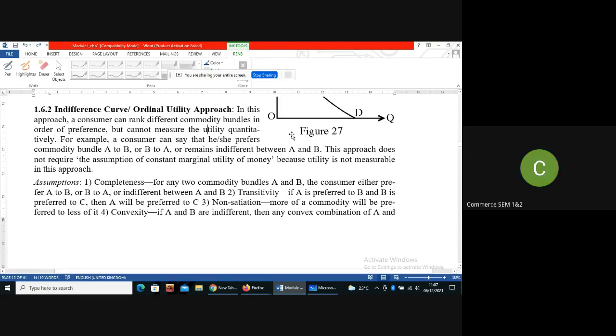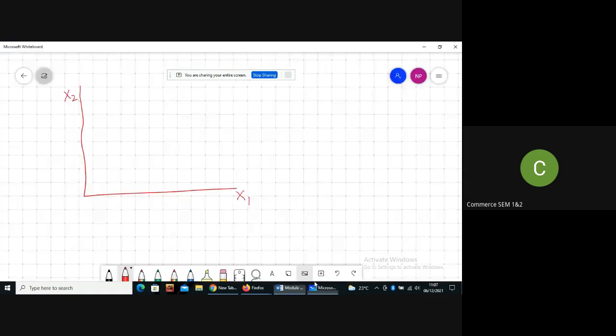Okay, as I said, we will start this ordinal utility approach. In the previous class, we did the cardinal utility approach. This is called the indifference curve approach or ordinal utility approach. As I said in the previous lecture, the difference between the ordinal utility approach and the cardinal utility approach is that in the cardinal approach,